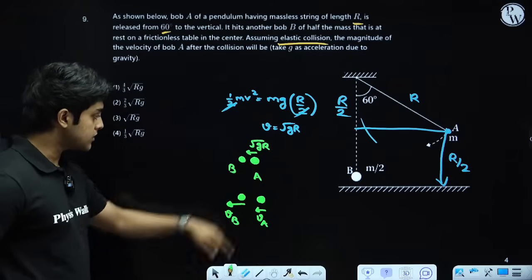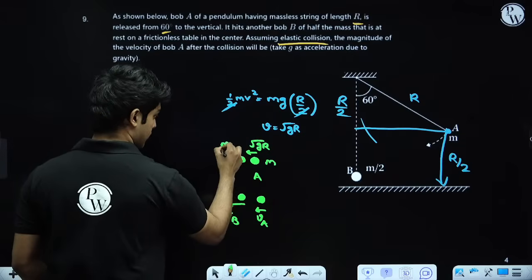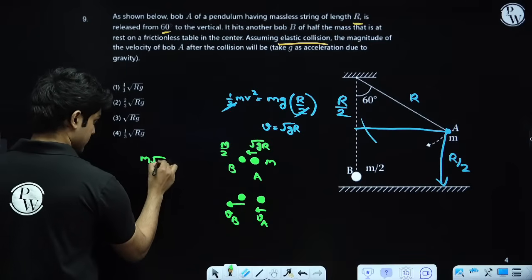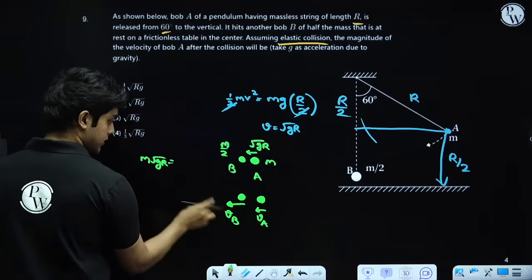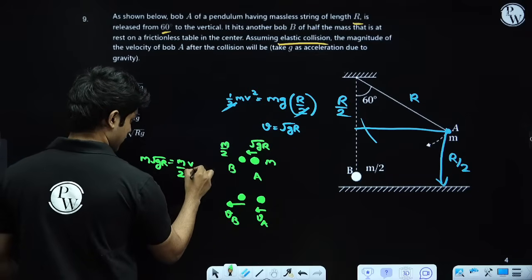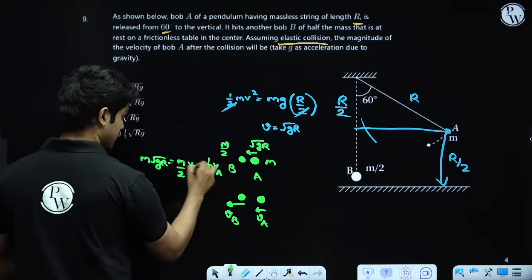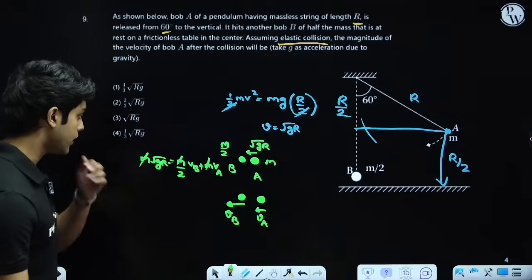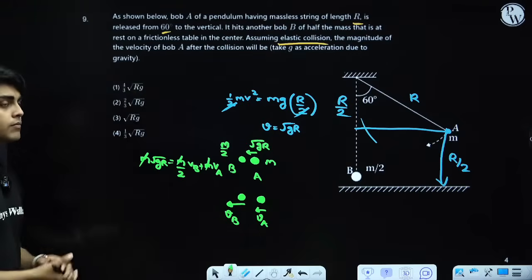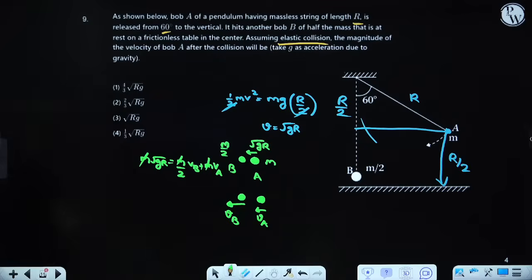Okay, so this is an elastic collision problem now. So first we'll conserve momentum. A's mass is m, B's mass is m by 2. So m root gr equals m by 2 VB plus mVA. This is the momentum conservation expression. Okay, now we'll do the e equals 1 expression, right? Velocity of approach equals velocity of separation when it comes to